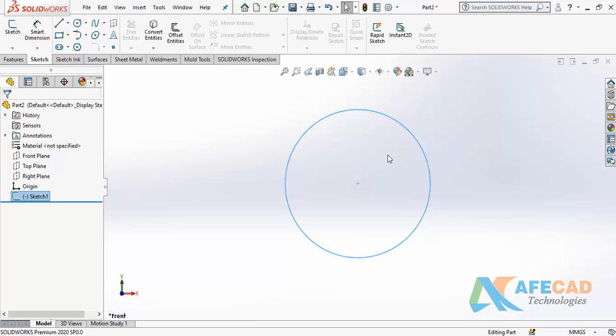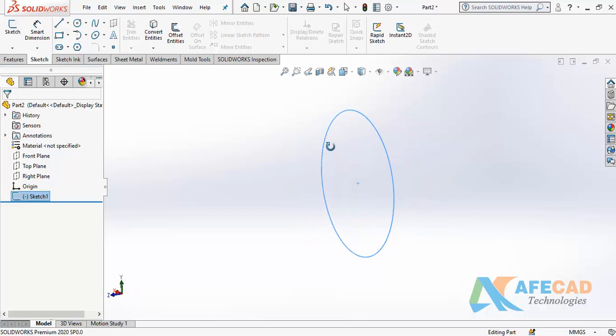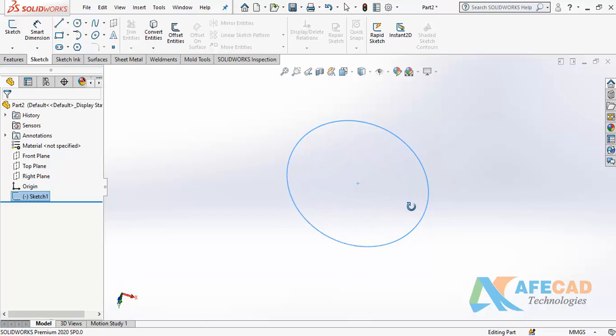Next, you want to rotate your object. It's called orient. Example, I am going to apply one feature here. If you want to orient like this to get all the sides of the object, then press the middle mouse button, or you can say press your scroll of the mouse or press the wheel of the mouse. Any word you can use. Normally we use scroll and middle mouse button.